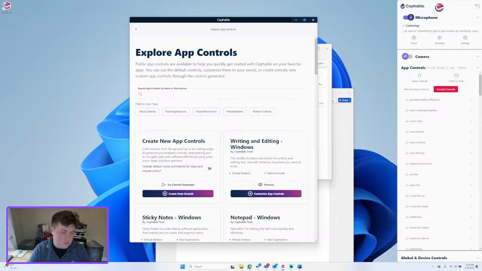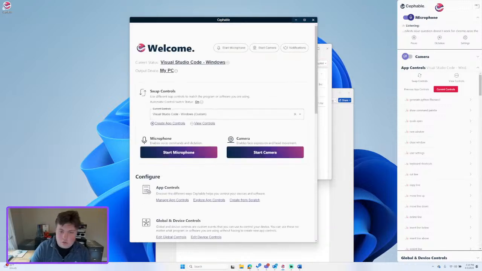Meredith, I see your question. Does it work for Chrome apps? The automatic control switching currently will switch to whatever the browser is. If it is an installed Chrome app, something like Clipchamp, for example, is one that we have, that does work out of the box. However, if you're actually in the browser, the app is going to be the browser controls